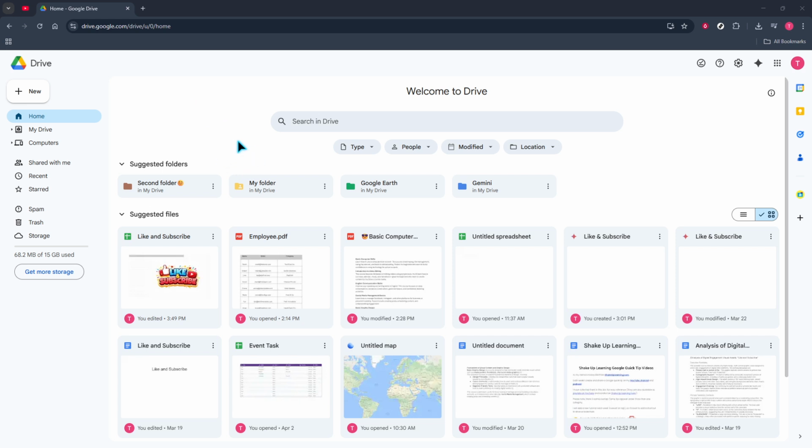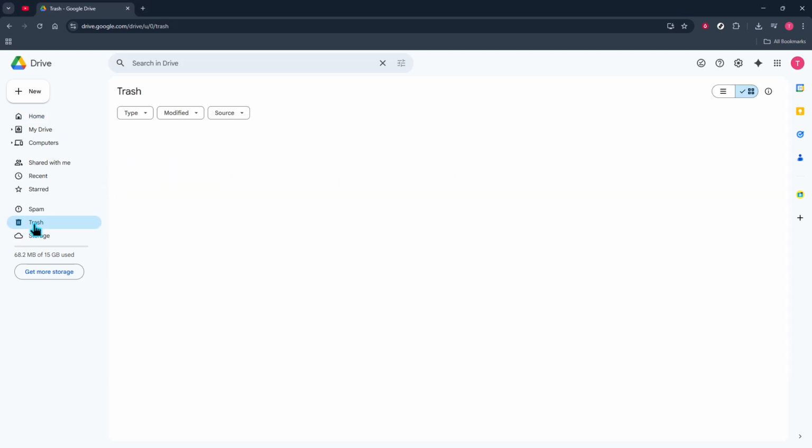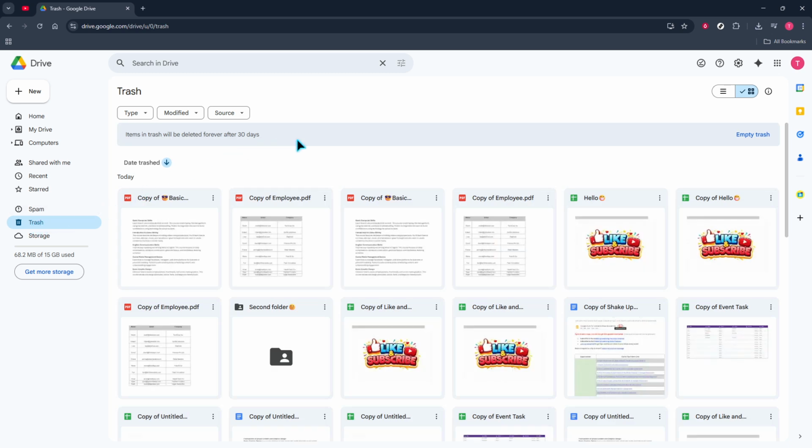Next, look to the left-hand sidebar and open Trash. In some regions, this may be labeled Bin, but it serves the same purpose. It temporarily stores files and folders you deleted. Think of it like a safety net. When you open Trash, you'll see a list of everything currently marked for removal but not yet permanently erased. Items usually stay here for a limited time before they're auto-removed, so it's best to act promptly once you notice